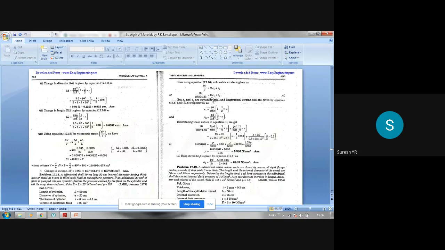Then you can substitute here also. That also you can do. Anyway, you have to use both formulas because you know the formula for